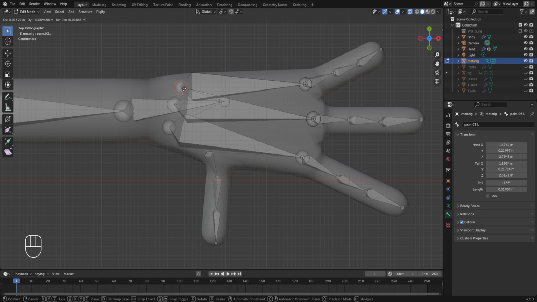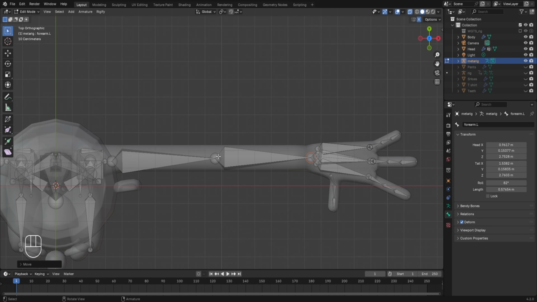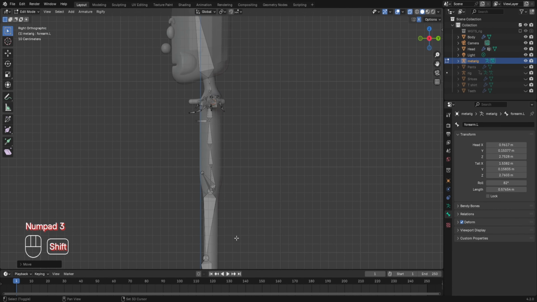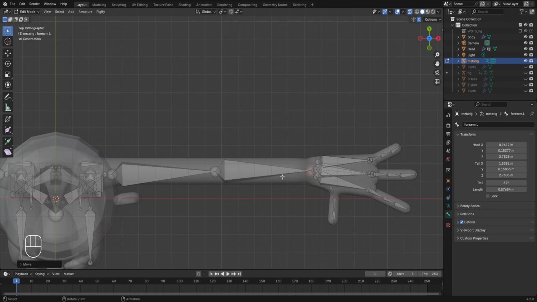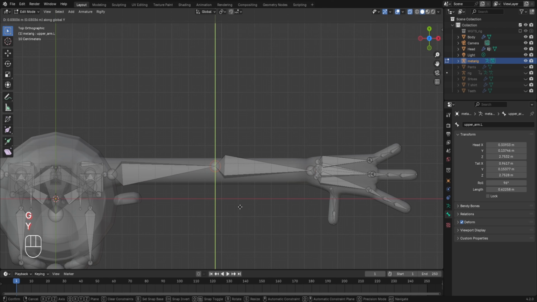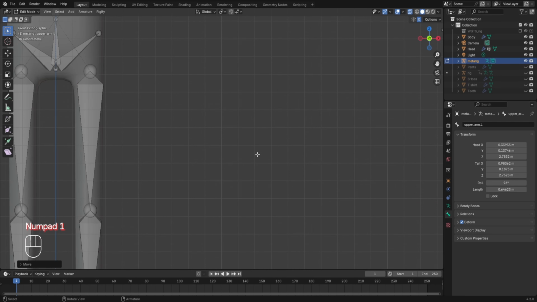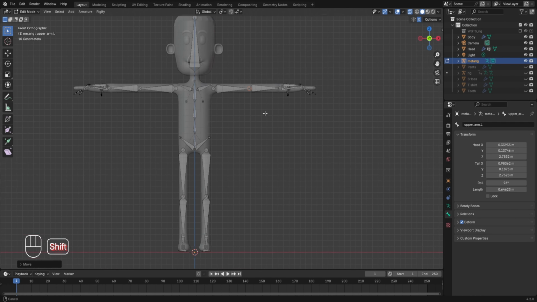Also, if I zoom out, one more thing that we need to take care of is that just like the bones in the legs, with a slight angle in between both of them, similarly for the arms also we need to have a slight angle in between the upper arm and the forearm. So for this, we'll select this joint connecting both of them and move it slightly in the y-axis, and now it looks perfect. And so with this, we have now created the rig and even adjusted it according to